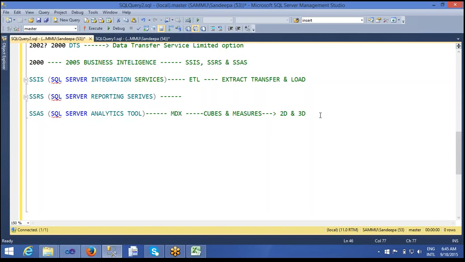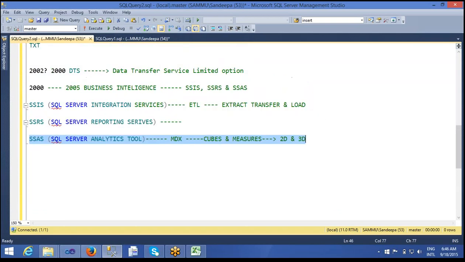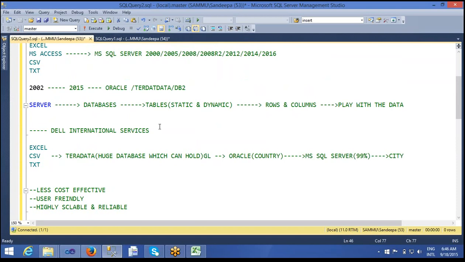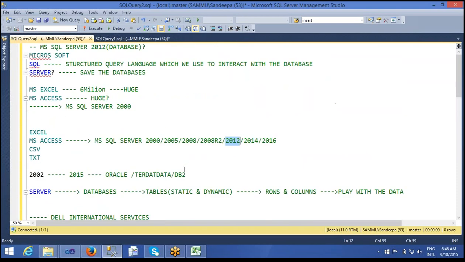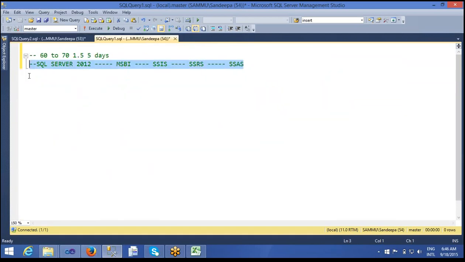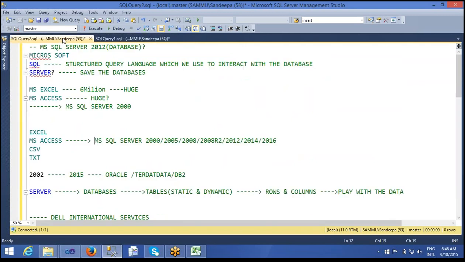Here, the data is saved. So that data we need to view, right? We need to view the data in different dimensions, like where the data is, how the data is loaded, and in which way the data is shown in the reports. Those things we can analyze from my SSAS tool. This is my analytics tool. So if you install SQL Server 2012, these are all the models. These four models, it's a complete package. You can install these four models. They will come by default if you install the complete SQL Server 2012 on your workstation.